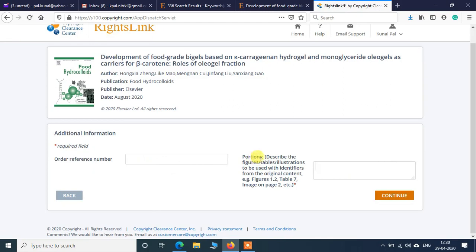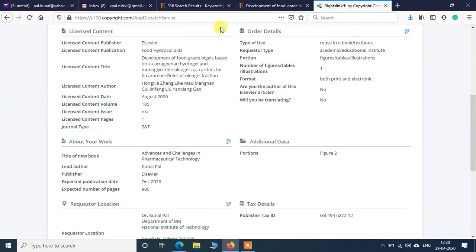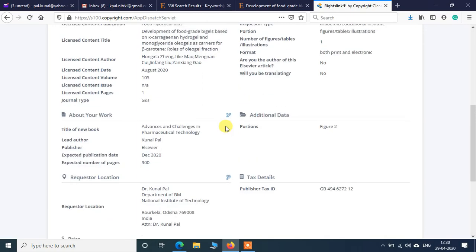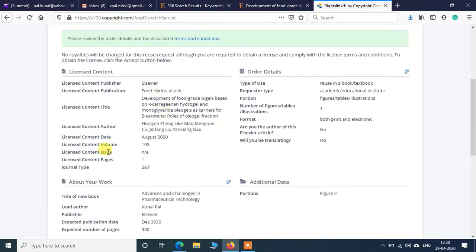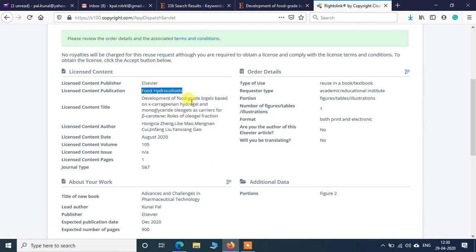Then it says how many figures or which figures you want to use. I just want to use figure 2. Okay, so I will click continue. Then it gives us the details we have filled in. So the licensed content is from this article which has been published in Food Hydrocolloids.